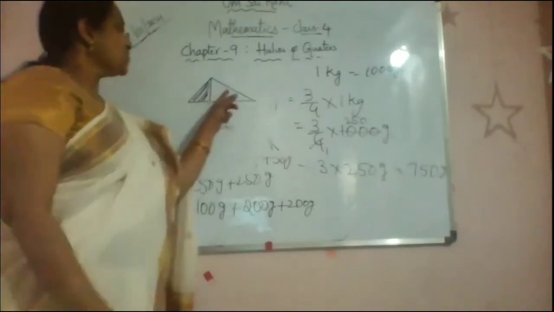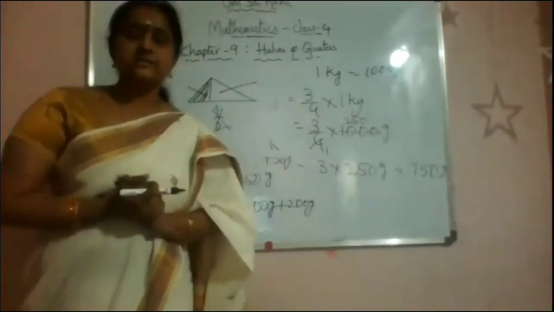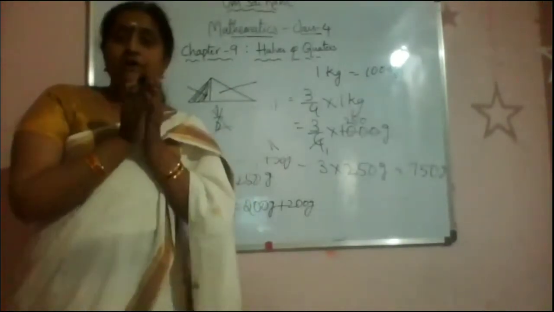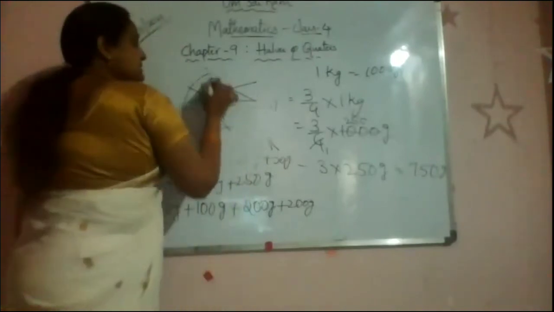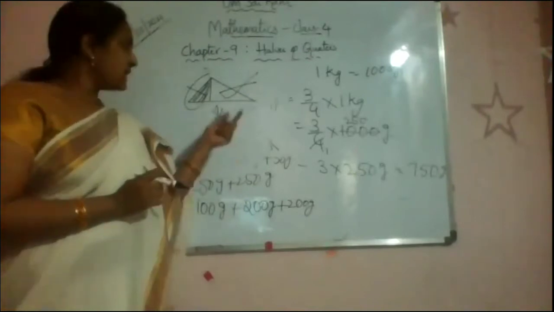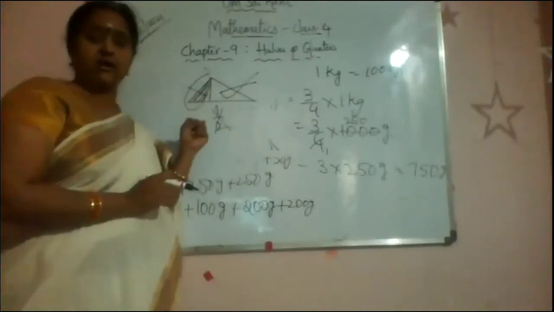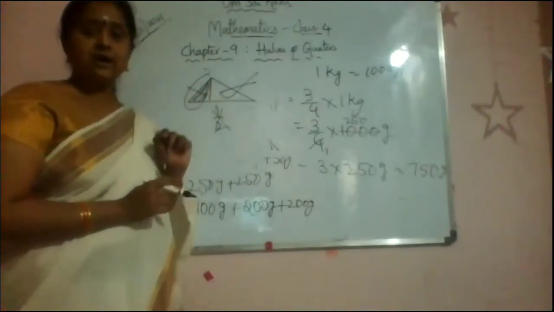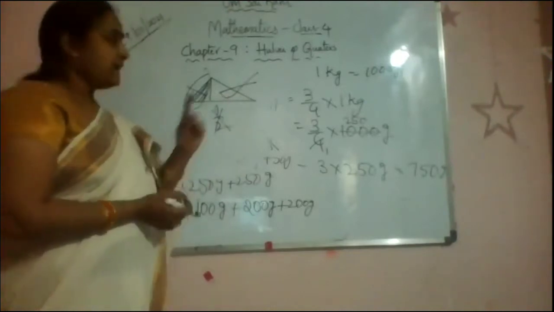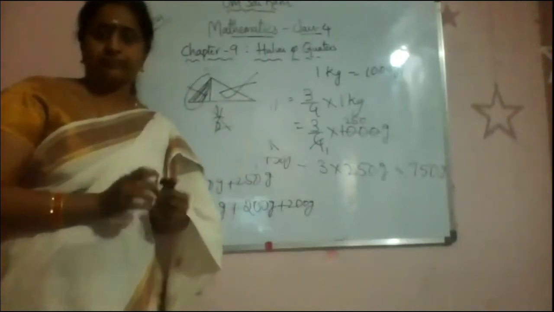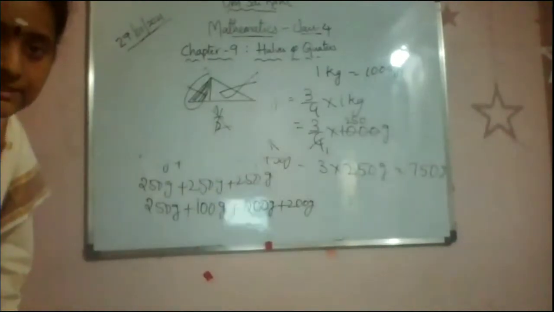Very good. So here this is more than the colored part. When we are doing fractions, when we are doing half, it should be equal. But this part is less and this part is more. So we cannot write it like 1/2. It is not half. It is less than half. Is it clear, children?